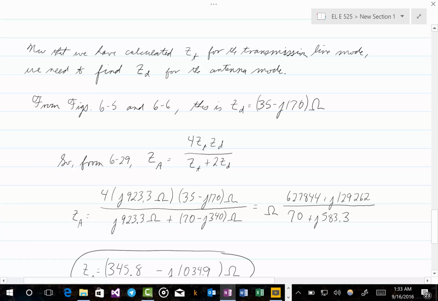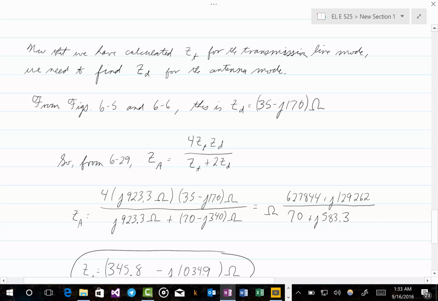We have an approximate formula, an empirical formula really, for the real part of the input impedance, but not for the imaginary part. So what we will do here instead is just look at figures 6-5 and 6-6, which pertain to